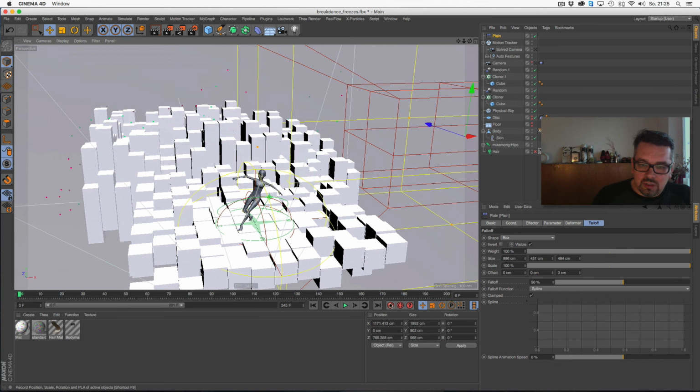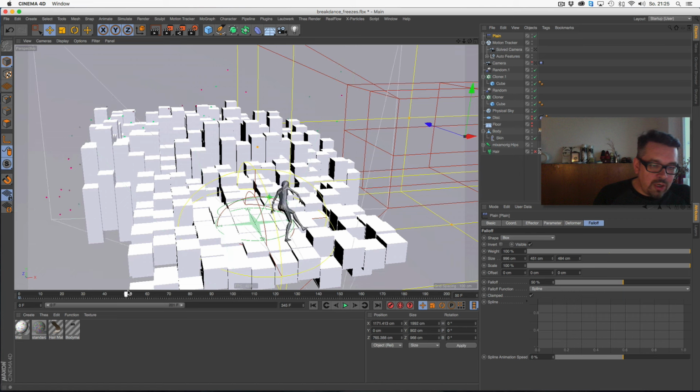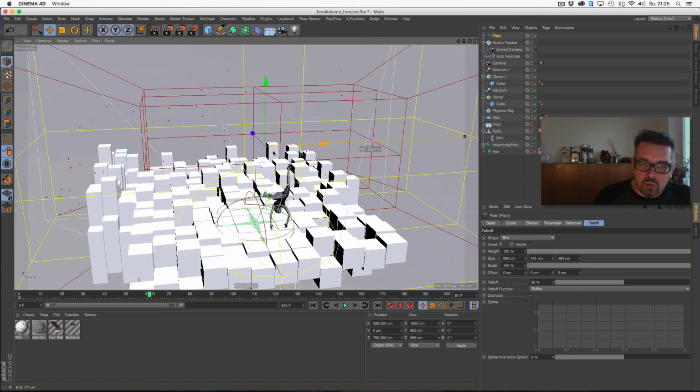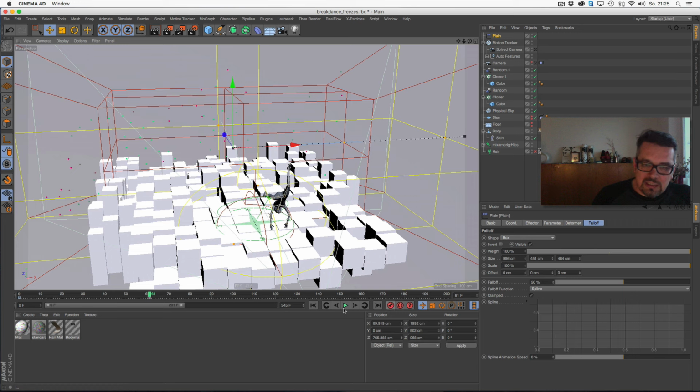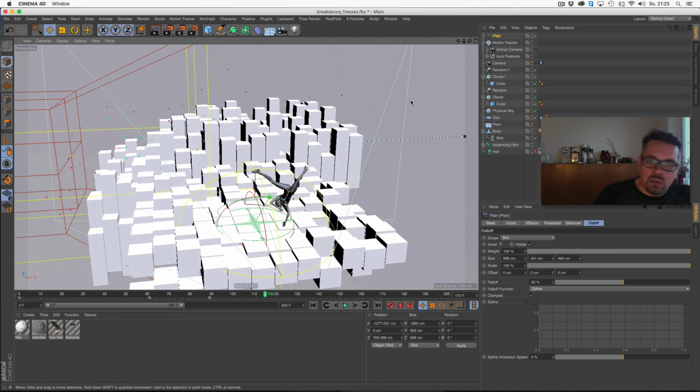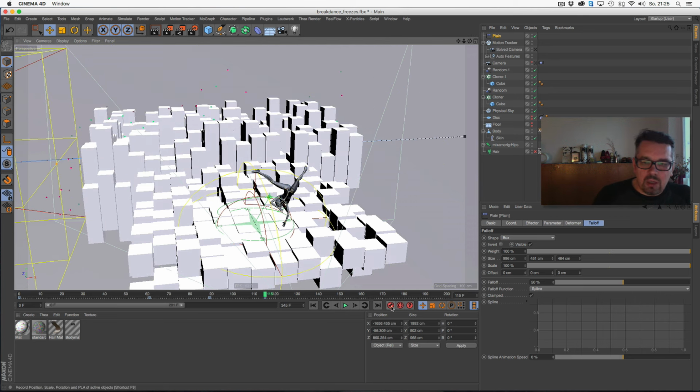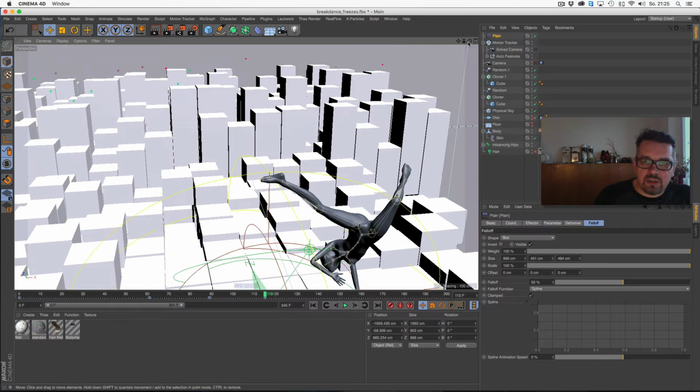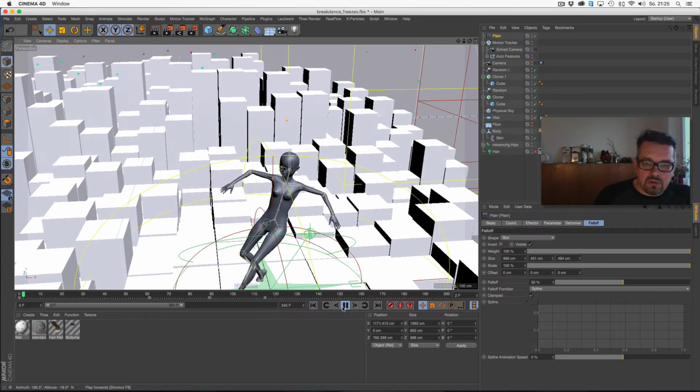Set some keyframes, going a few keyframes in time. Set them there. The keyframe stands for a while, and then it goes through to the left border. Bam. And the result is something like this.